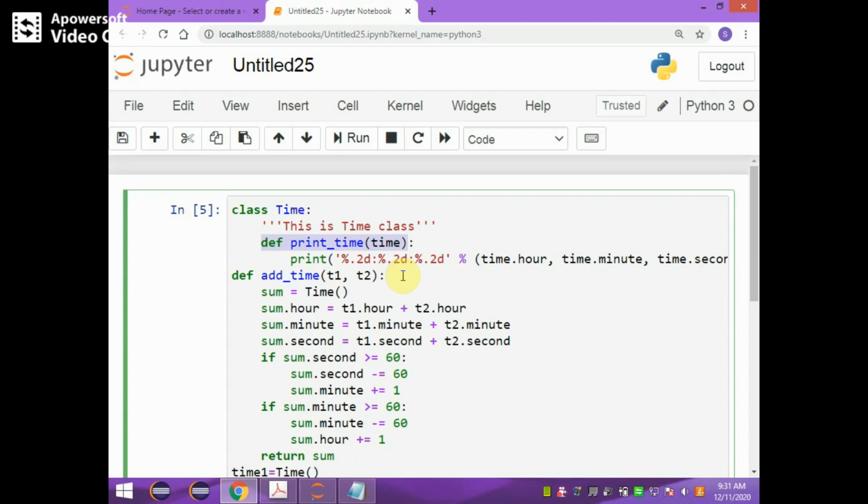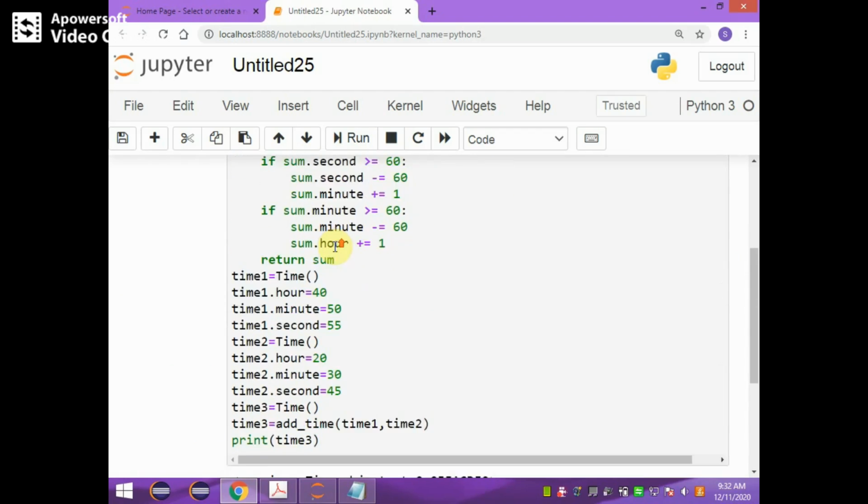Here the definition of print time function is as given. It takes a time object as the parameter, which is of Time class, and it's going to display time.hour, time.minute, time.second in %.2d:%.2d:%.2d format. Okay, if you run the program now,